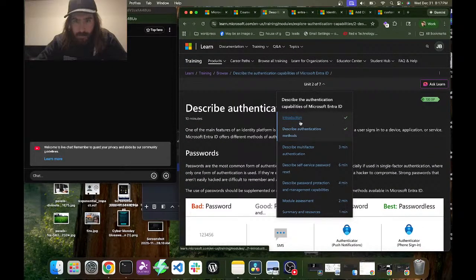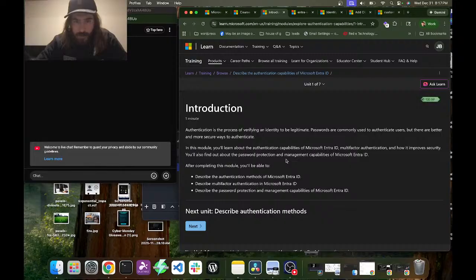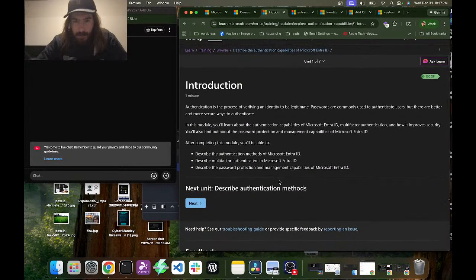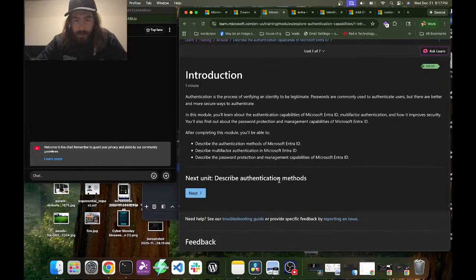What's the introduction? Maybe I haven't read this. Authentication is the process of verifying an identity to be legitimate. Passwords are commonly used to authenticate users, but there are better and more secure ways to authenticate. In this module, you'll learn about the authentication capabilities of Microsoft Entra ID, multi-factor authentication, and how it improves security.